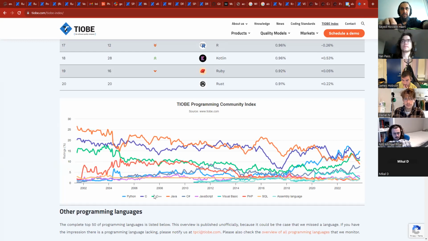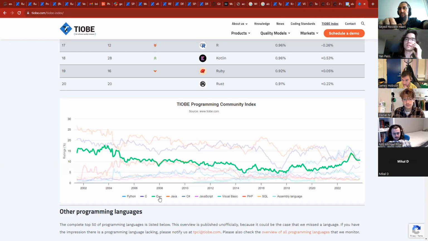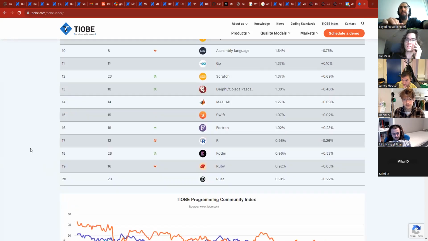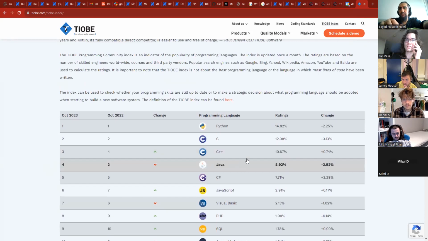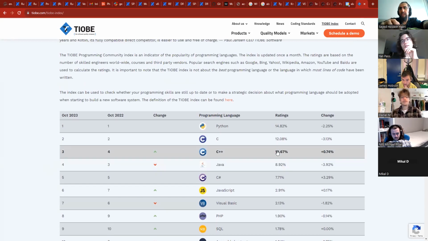Now C++ is actually very close to the second line. I think it's C. If you take a look at the market shares, C++ has in the past years always been on the ramp up, but not that much. But anyway, it's getting closer and closer to the top languages.